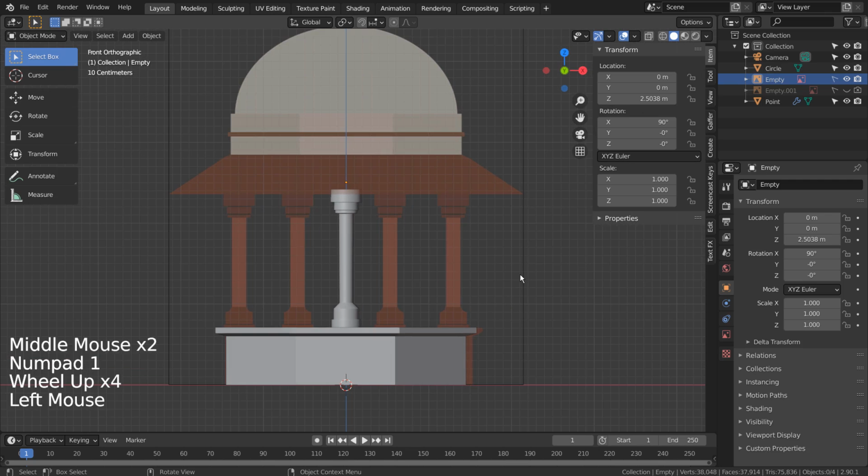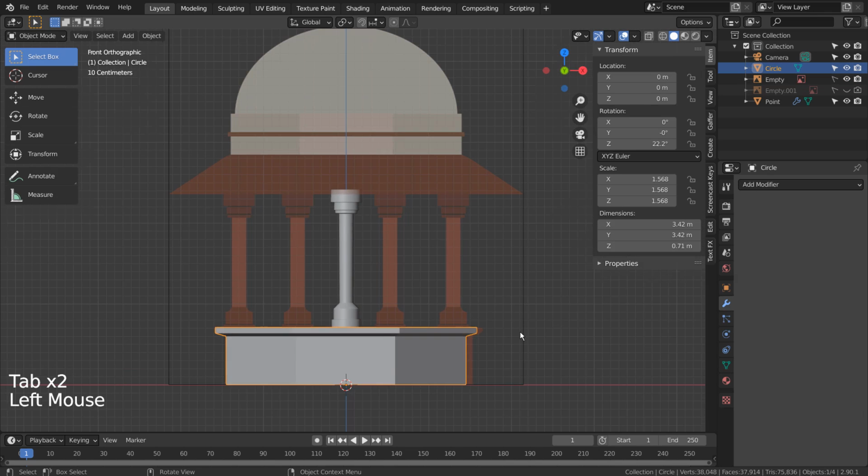For the top mesh, we could select and duplicate the top mesh like this, and P to separate by selection.